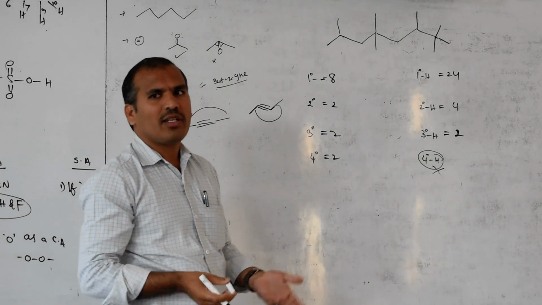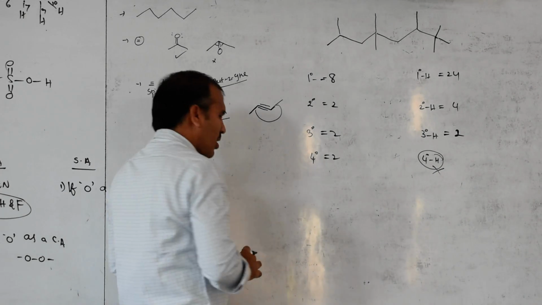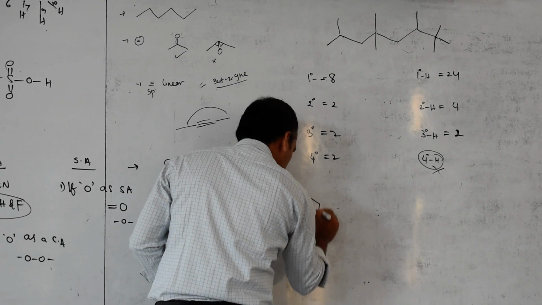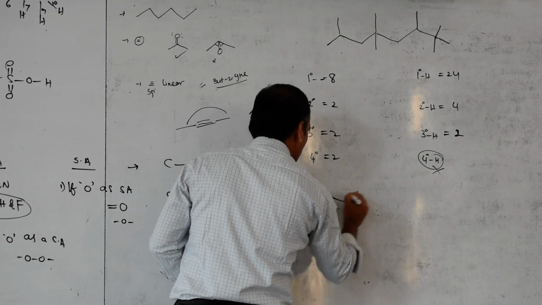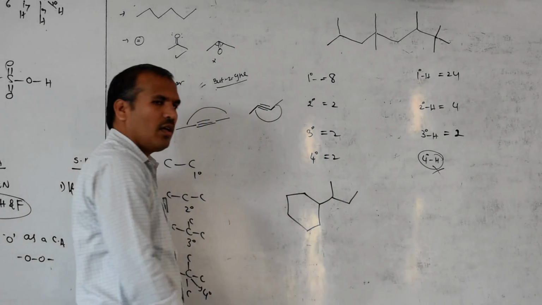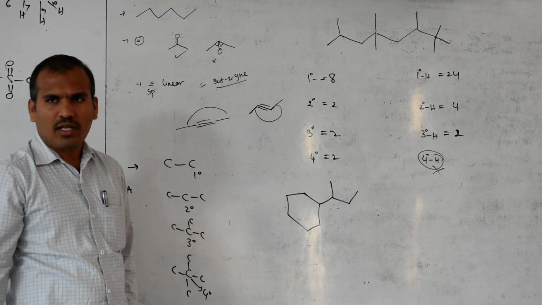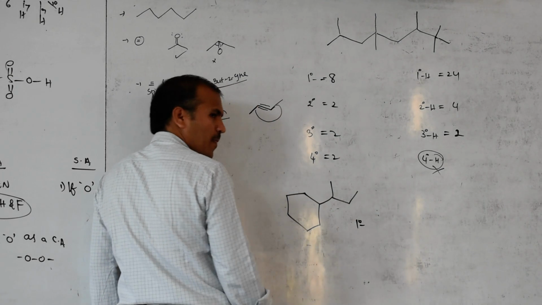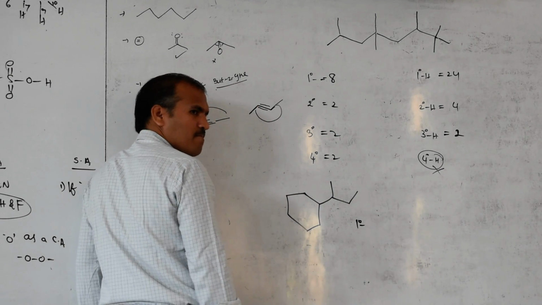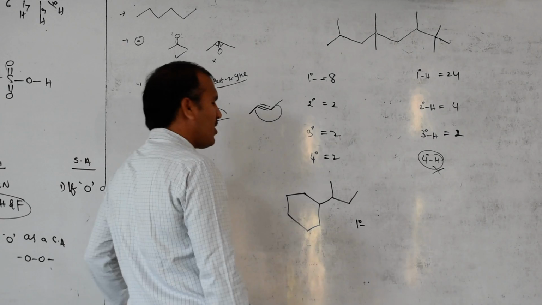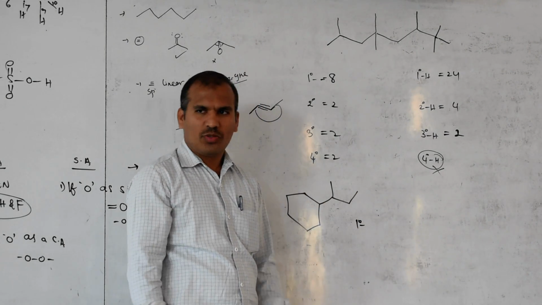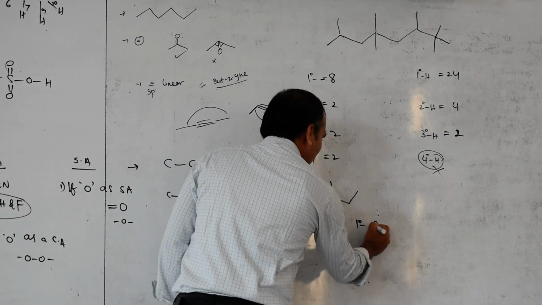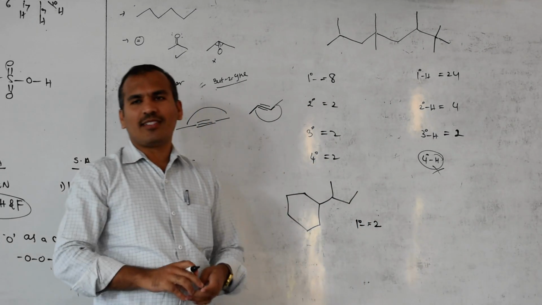Now I gave an open chain. They may give a cyclic one also. If a cyclic one is given like this, find out the primary, secondary, tertiary, quaternary carbons also, if possible. Primary carbons, how many are there? Primary, this is not 2. That's why practice is important. We know the concept, but immediately